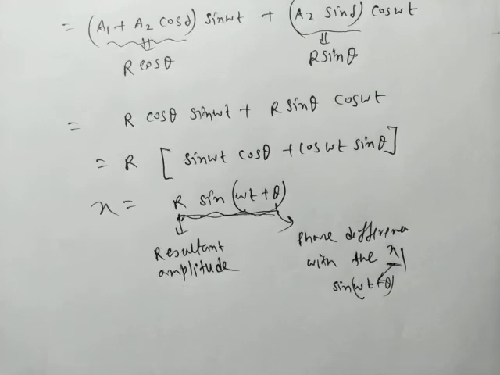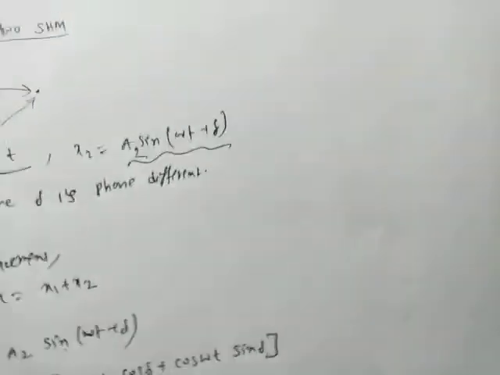But the problem is that we can express this r and theta in terms of a1, a2 and delta, because a1, a2 and delta are the characteristic terms which we have defined earlier for each of the displacements, or the displacement due to each of the restoring forces. So when I want to express the resultant expression, we have to characterize r and theta in terms of a1, a2 and delta. So we can do it easily. How can we do it? I like to do it on the next page.